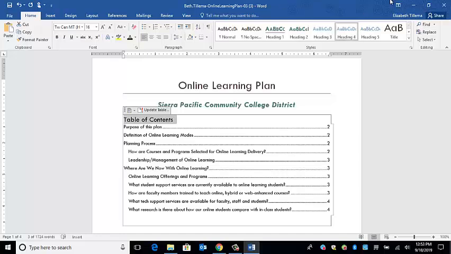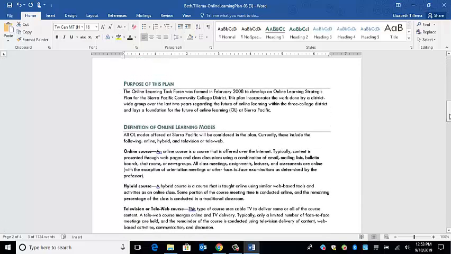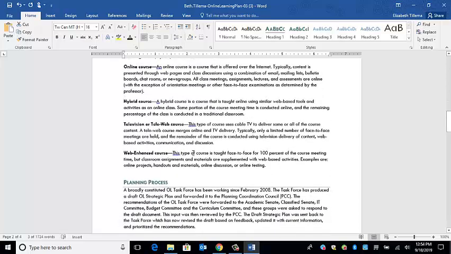So step 10A says go down to the second page, which is the purpose of the plan. And it tells me to put my cursor after Web Enhanced Course and before the dash. So I'm going to put my cursor right here, and it tells me that I'm going to click the Insert